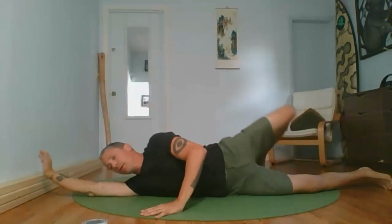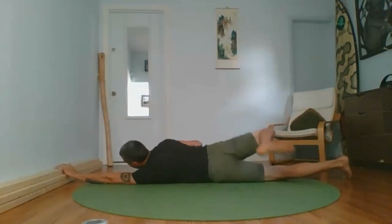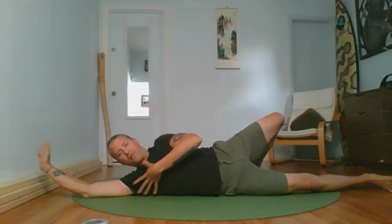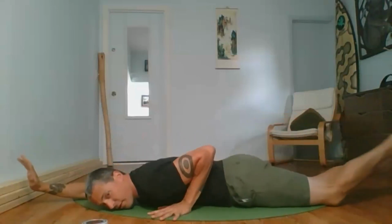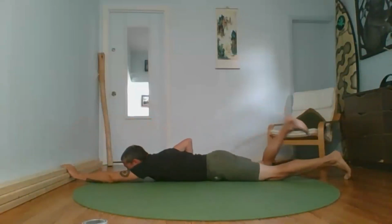Roll, switch sides, roll, switch sides. I like to bring the other hand in for support here. So even though one arm is straight and I'm focusing on the sensations there, the other arm is bent, and I can catch myself from rolling too much, too fast. And also that prepares me to push up,